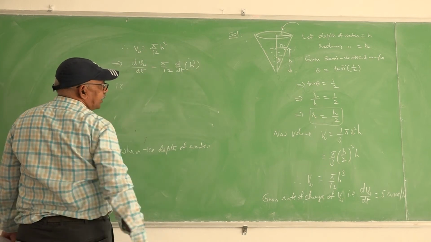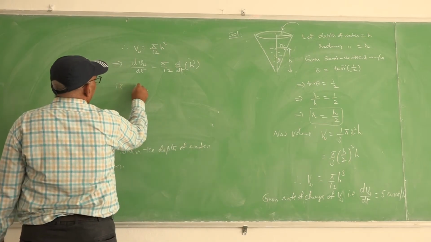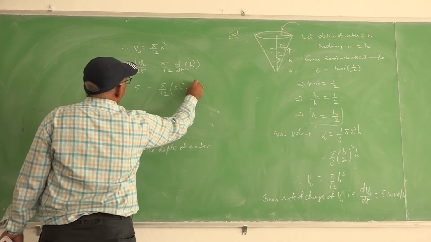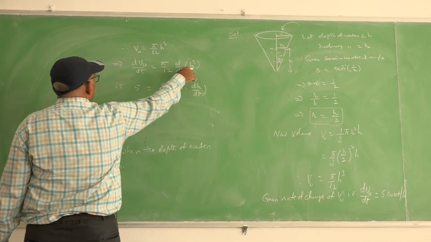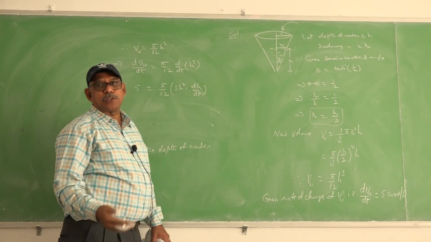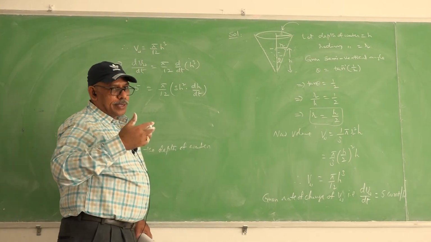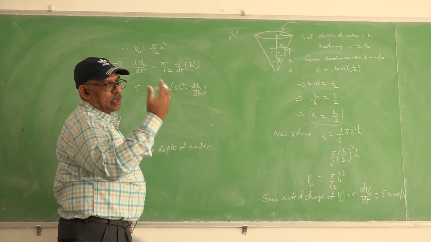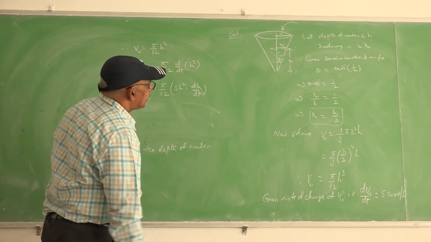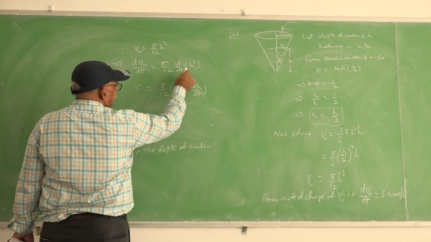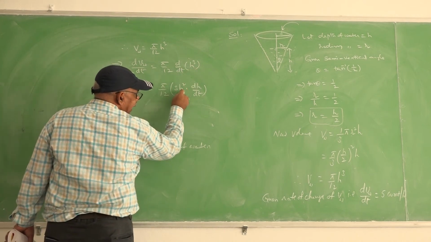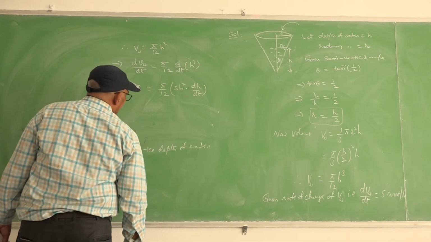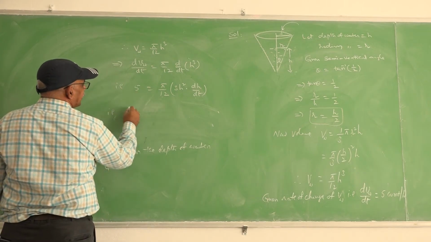That is dV by dt, given as 5, equals pi by 12 into 3h square into dh by dt, because this is a function of h, whereas h depends on t. As and when the time increases, as the water is pouring, the height of the water level is increasing. That means the depth of the water is increasing. So pi by 12 into, take the differentiation with respect to h and then h with respect to t by function of function rule. That gives us 12 into 5, 60